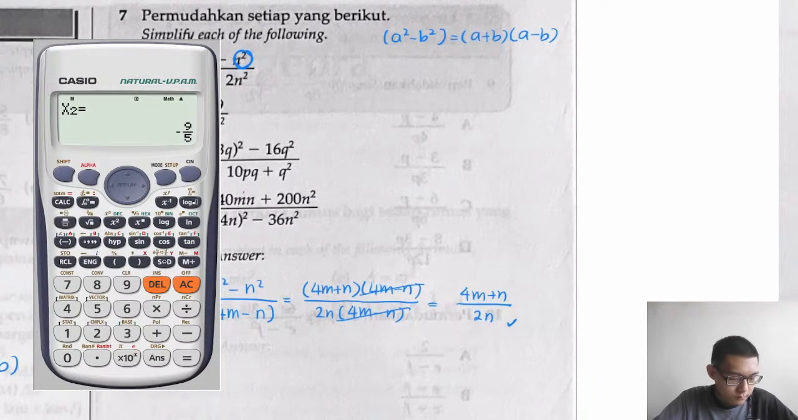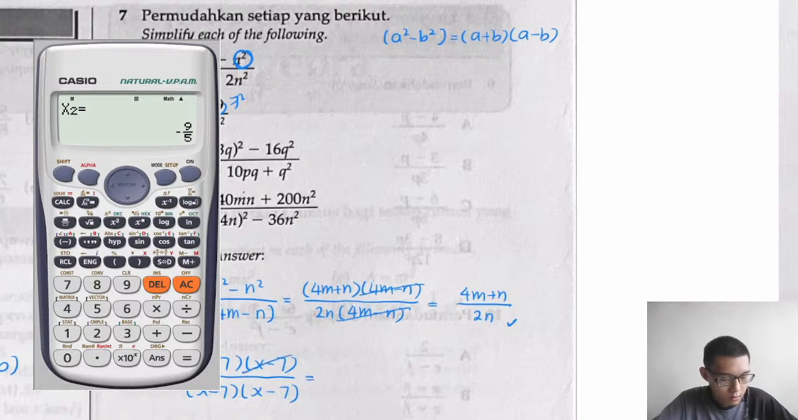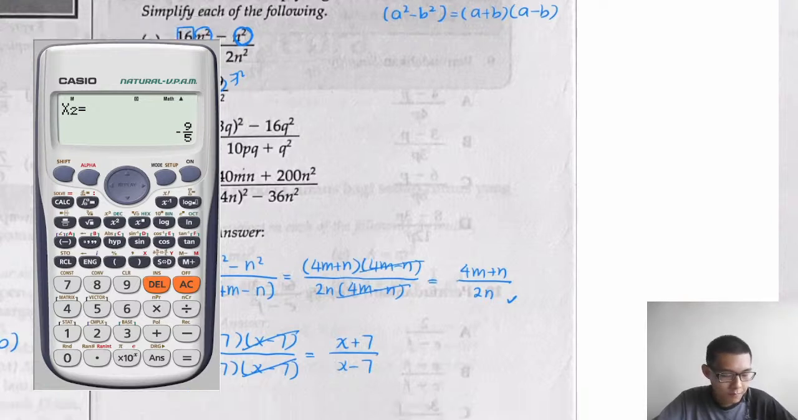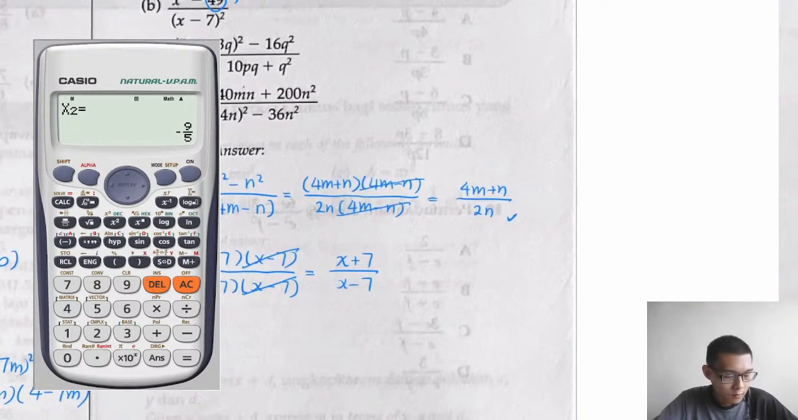So B, x squared minus 49, because this is 7 square, so we just simplify it. X plus 7, x minus 7. So we have x minus 7 square. We expand, okay, here like that. So now we can try to simplify. So we left x plus 7, x minus 7. Done. For the C,